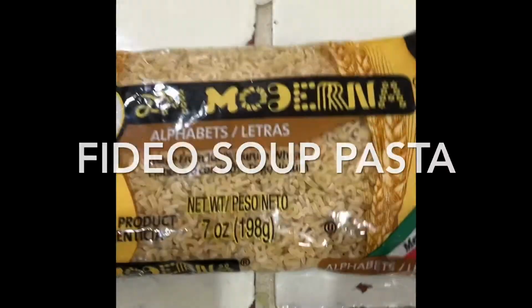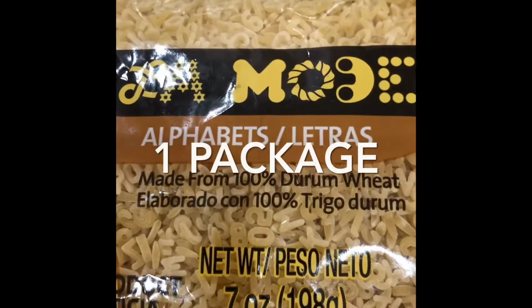Today, we're going to be making sopa aguada, Fideo style alphabet soup. And these are the ingredients. Fideo style alphabet soup,